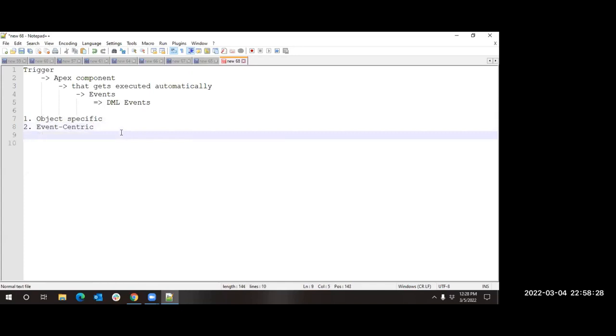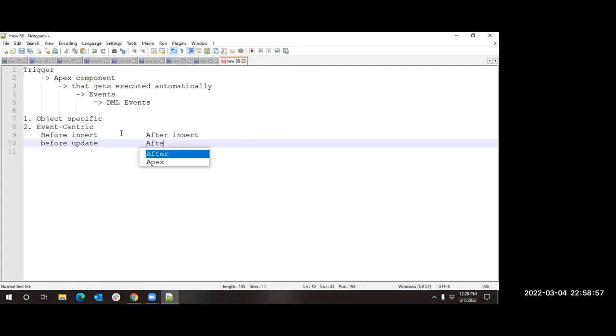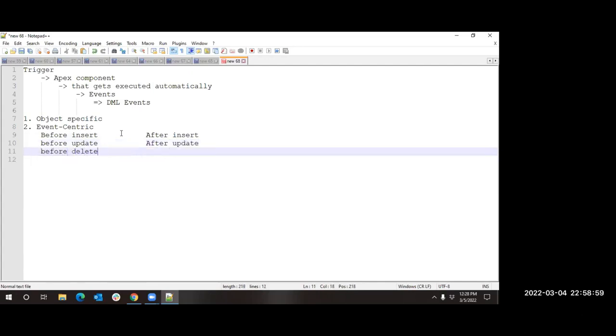Okay, fine, understood. When we speak about event centric, you pretty much covered that events are nothing but insert, update, delete and undelete. So is it the same for trigger? Means yes, pretty much the same, but trigger is having a few extra events. Though it is event centric, it is having a few extra events. What extra events? We know that the events are just insert, update, delete and undelete. Then what extra events do we have? Means we have before insert, after insert, before update, after update, before delete, after delete, and we have something called